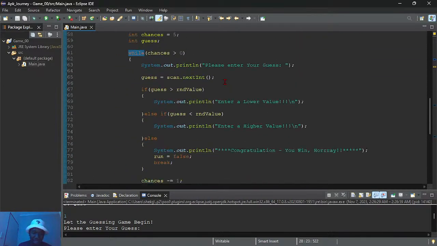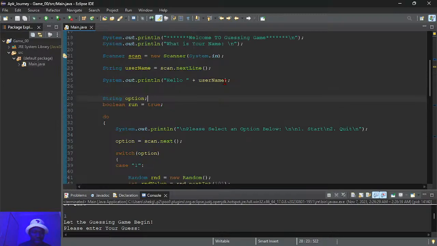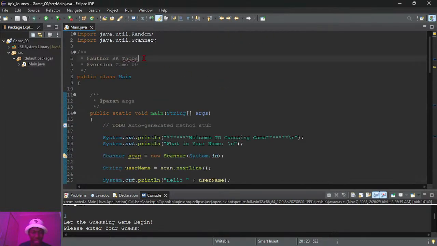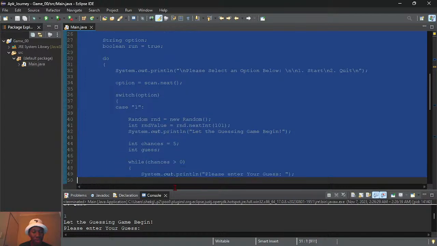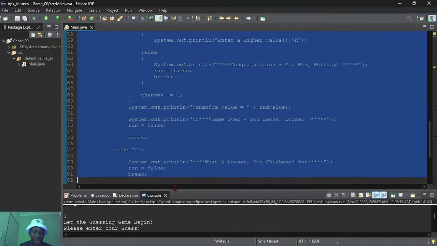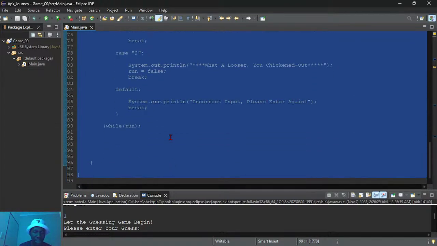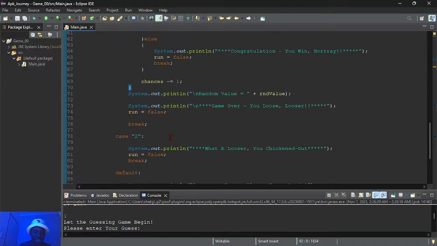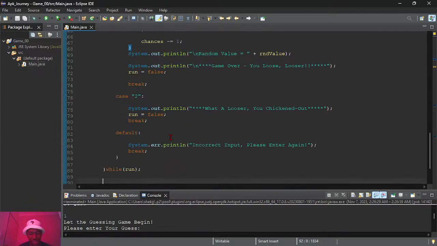The logic will be the same. What I'll be doing on that side is just building the actual application, the buttons and all those things. That's it.